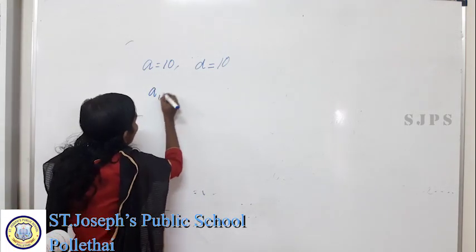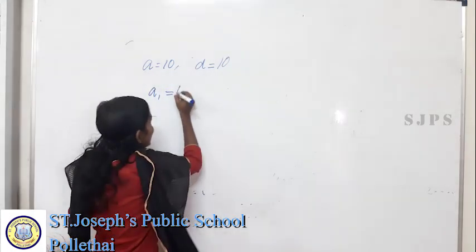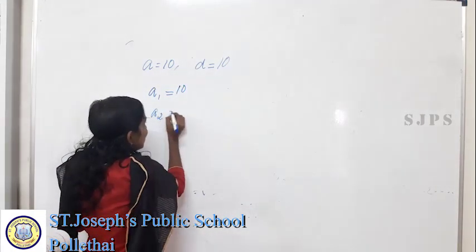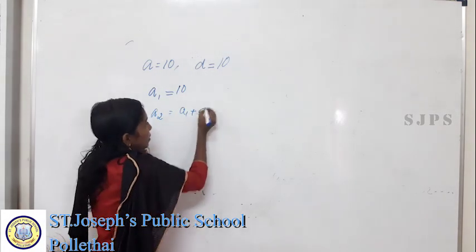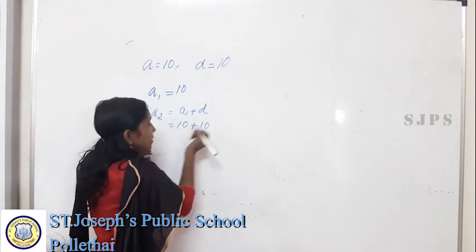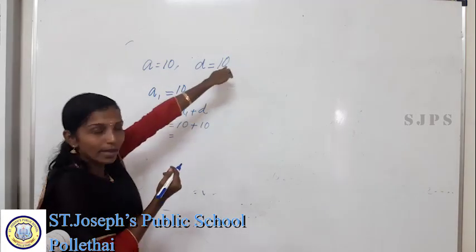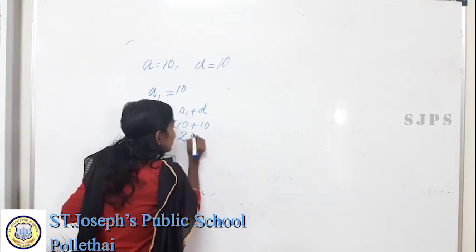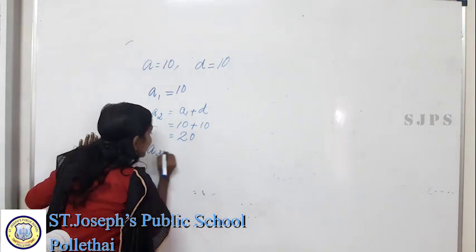So, A1 is the same as A. It's the first term. So A1 is equal to 10 here. Then A2 is equal to A1 plus D. That is 10 plus 10. 10 is the first term, that is A1, and D is the common difference there. This 10 plus 10 is 20. Then A3 is equal to